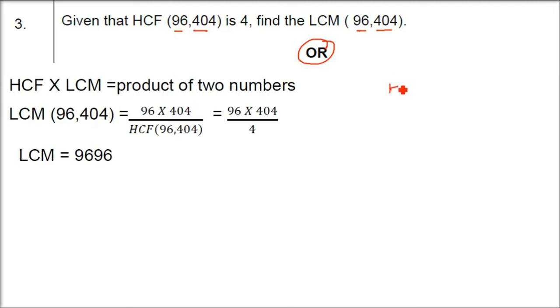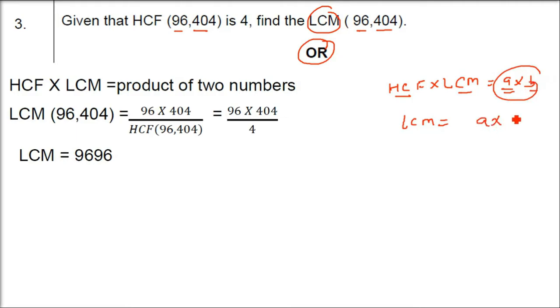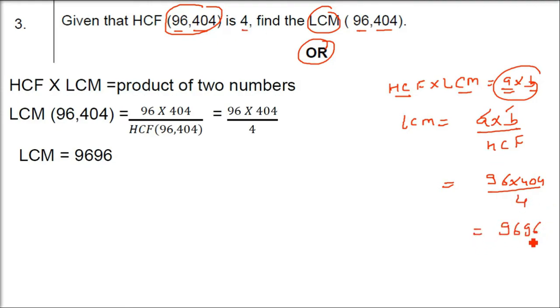So we know the HCF and LCM, if you multiply, it will be equal to the product of the two numbers which we are talking about. So A and B equals HCF into LCM, right? So how to find out the LCM? LCM has been sought. And since the numbers are also given, LCM is going to be A into B, the numbers, divided by the HCF. Now A and B are given, which are 96 and 404. Just put it here. 96 into 404 divided by the HCF, which is 4. So divided by 4 and you will see it will be 9696. This is how LCM will come.